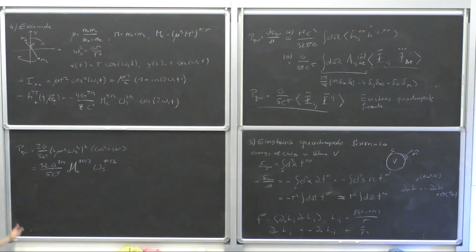So I can do an adiabatic approximation where I say, at any given point in time, I can use this estimate to compute the gravitational wave and the power emitted in gravitational waves. But now I need to go back and say, how does the distance between the black holes, and correspondingly the frequency, change in time? So to estimate that, the shrinking orbit,